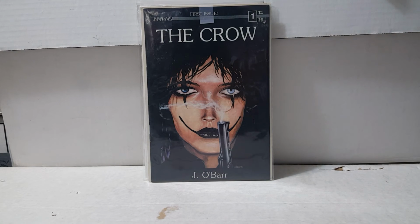All right, so this last book I want to show you is, for modern age books, and I'm talking like 2003 till now, you've got to look at Walking Dead number 1. You've got to look at Invincible number 1. You've got to look at Saga number 1. There's just so many of them, and Peter Panzerfaust, ones that are needed to be in your collection. There was one that was sorely missing in my collection, and